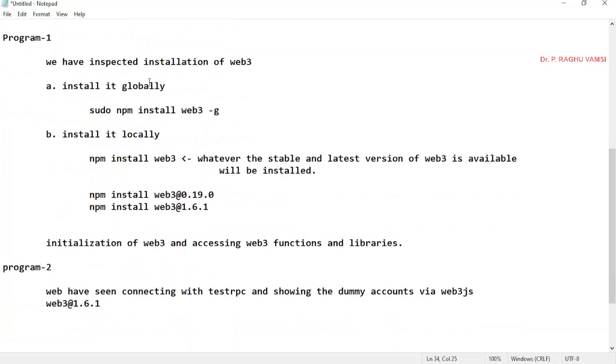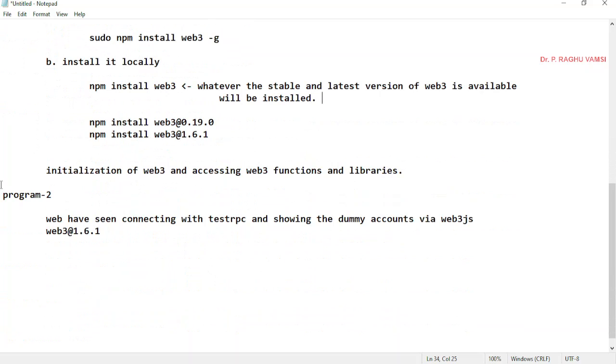This is the way of installation we have seen for program 1. While coming to program 2, we connected with the test RPC and showed the dummy accounts via Web3.js on the front end. For this we used Web3 at the rate 1.6.1.